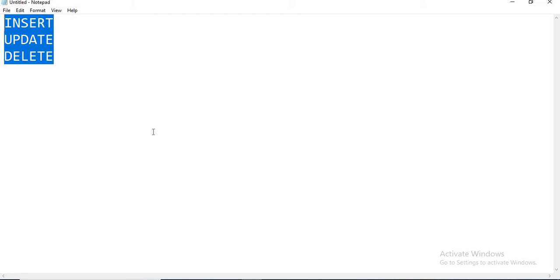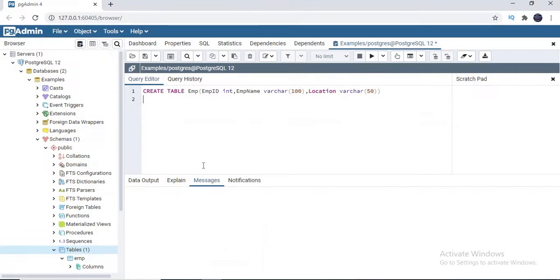How many rows? It depends on your choice. It depends on the developer's choice. It depends on the admin's choice. Some people call select also a data manipulation language command, but I'll talk about it separately in a separate category, data query language commands. So it's up to us whether to call select here or there. But here I'm going to talk about these three data manipulation commands: insert, update and delete. Each and every command has its own uniqueness or advantages. Okay, so let's quickly go to pgAdmin.